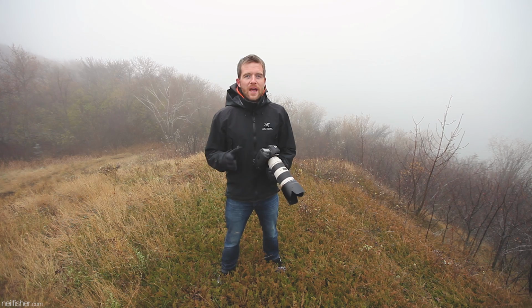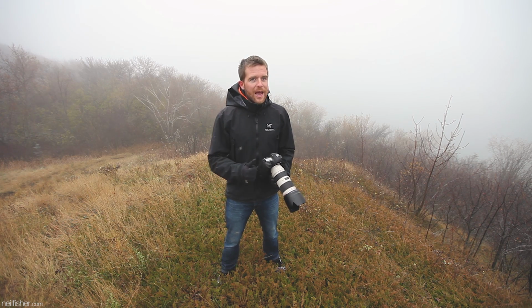The R has no AA filter. And by that, I don't mean you're from Canada, eh? I mean AA is anti-aliasing. So that's appealing to wildlife and landscape photographers, people who aren't going to be encountering human-made patterns like brick walls, textured fabrics, things that are prone to moire. I was really hopeful that the 5D Mark IV would have those two options with and without an AA filter,